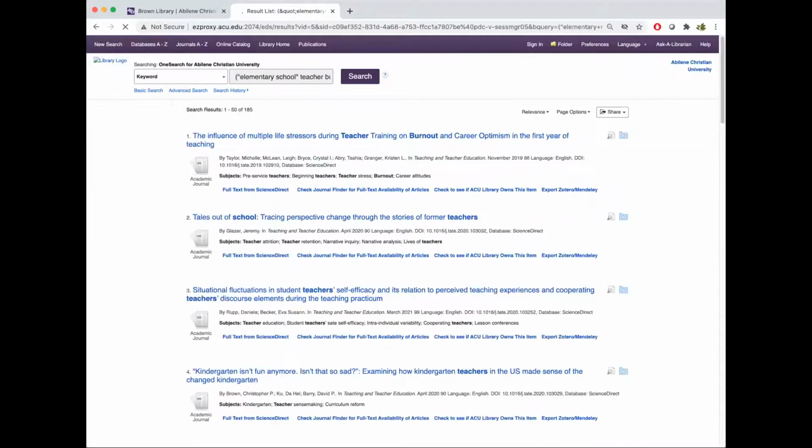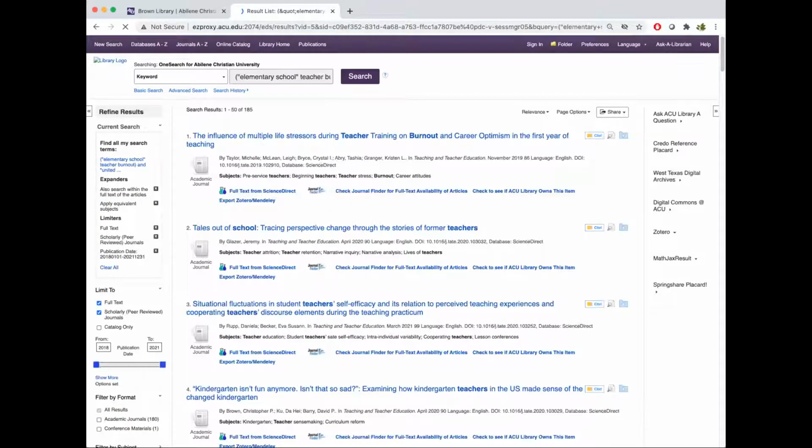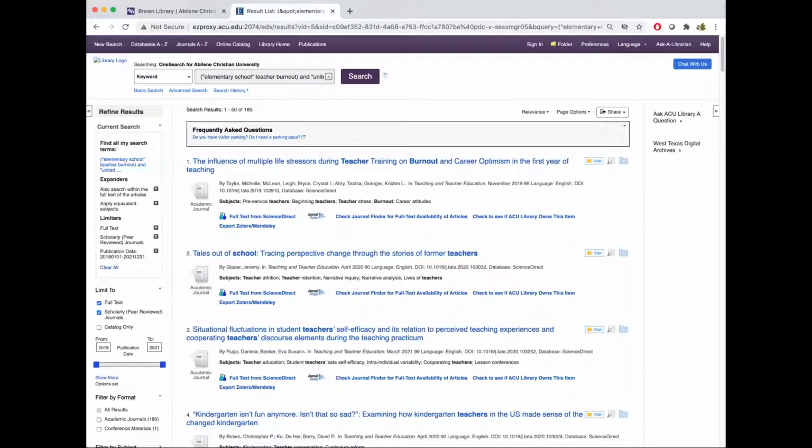Now, one of those reasons why you want to keep your scope narrow is that it is almost never possible to read everything that is published on a subject, because more things will continue to come out. And so when you are eventually writing up your literature review chapter, you start it with a literature search methods